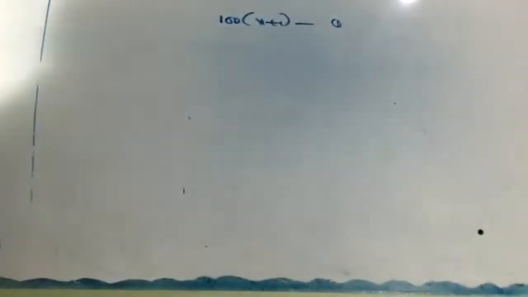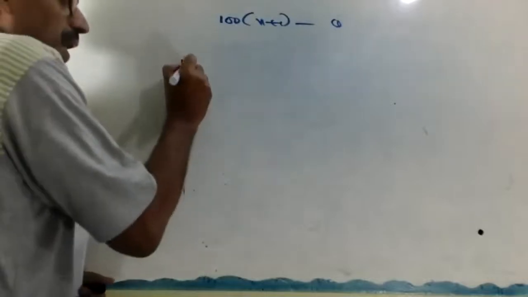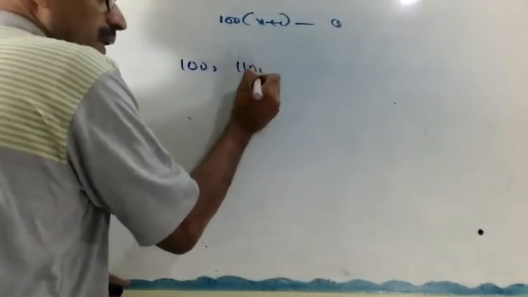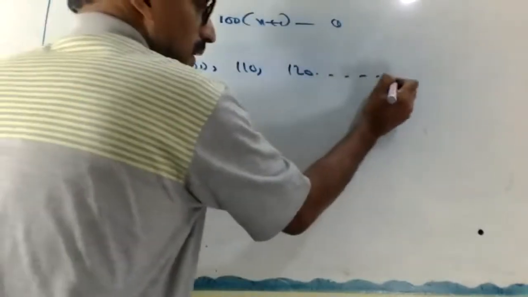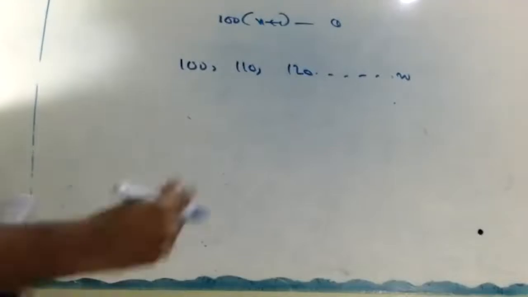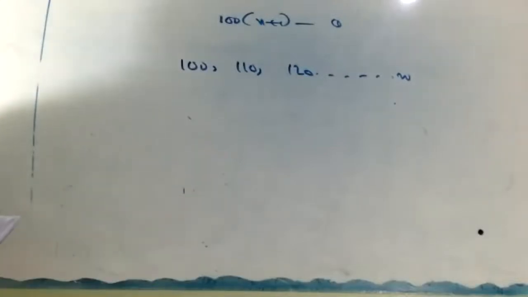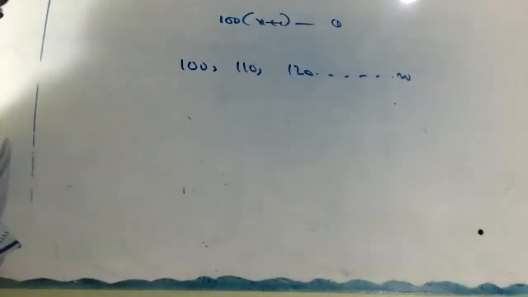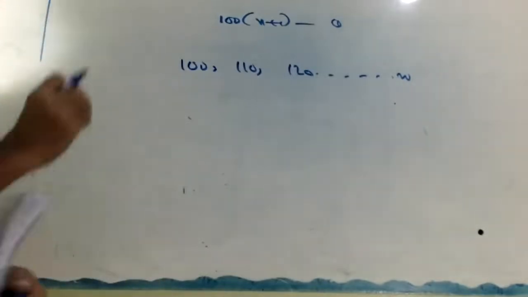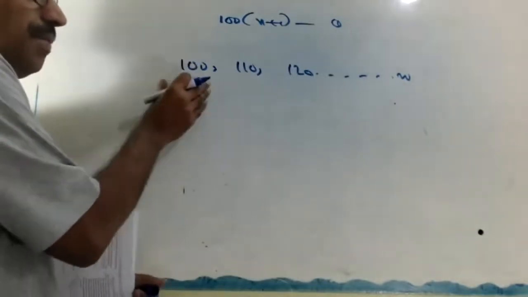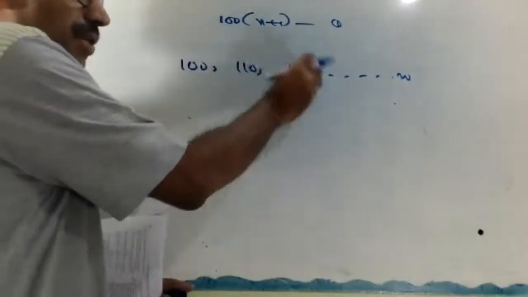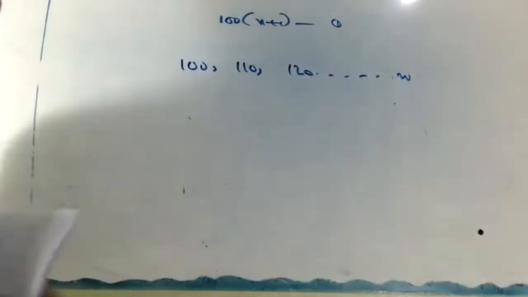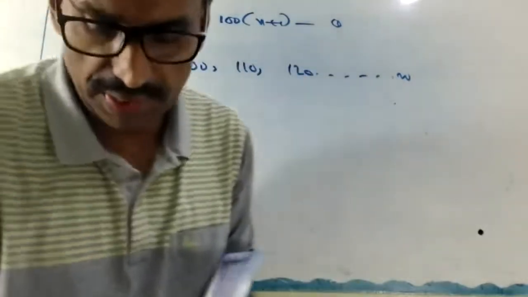Okay, now come to the police. Police: first minute 100 meter, next 110, then 120, like that for n minutes. It's an AP. The thief is very decent because he keeps the speed uniform, that's why it's easy for us. Police are not like that. First 100 meter, then 110, then 120. So after n minutes, police catch the thief.